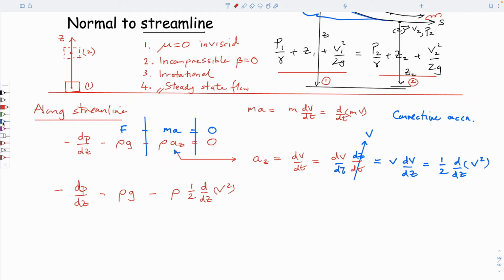And then we can do some things. We could multiply everything by dz. This, of course, is still equal to 0. If we do that, then this turns out to be 1. This turns out to be, let's not worry about that for now. We can integrate it. And if we do that, we end up with